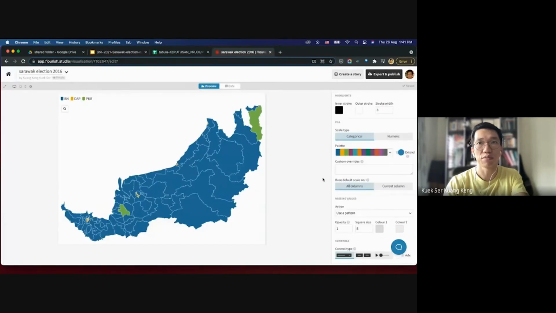Okay. So let's do BN. Then you can put blue. And then DAP, you can put red. And what else? PKR. PKR. What's a good color for PKR? PKR is also red. It's a light blue. Yeah. So light blue. I can't type light blue. I don't think it works. So it doesn't work. Okay. So